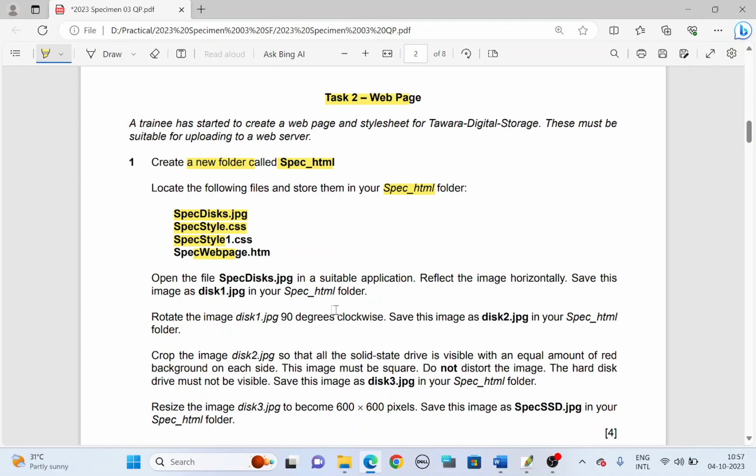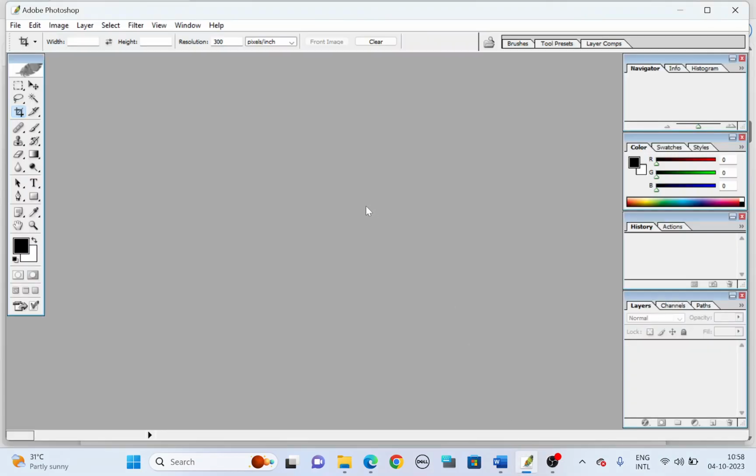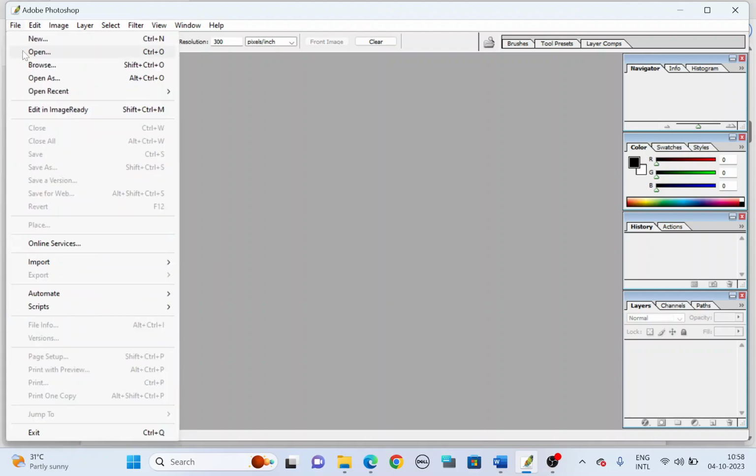Okay, next. Open the file spec disk in a suitable application. We're going to edit this picture, so any image editing software you can use. So I use Photoshop. Okay, so open Photoshop, open the file. File, open